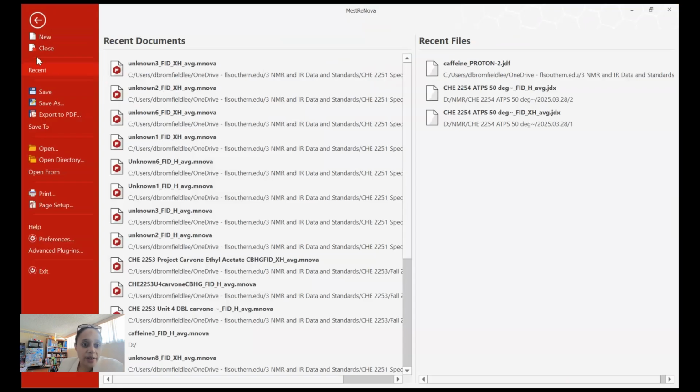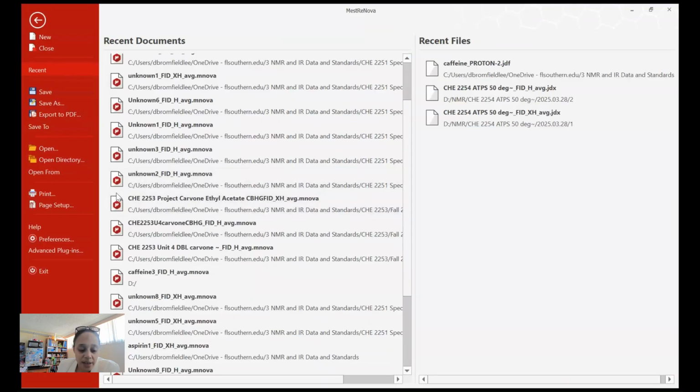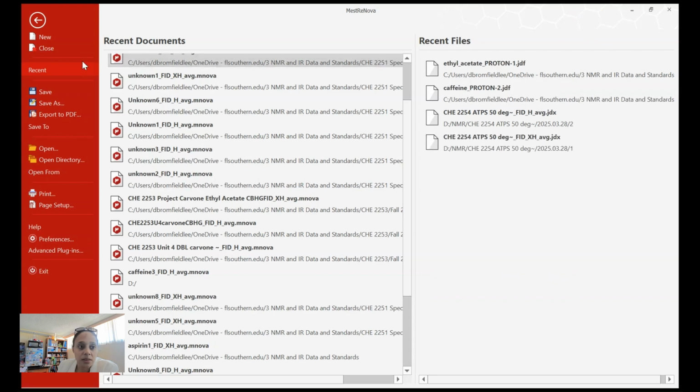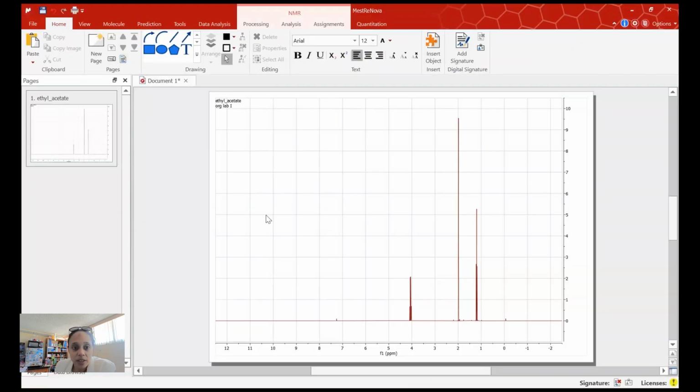So first, find the file of interest for you. So let me actually find an NMR file. I'm just gonna open ethyl acetate. Okay, so once you've opened your file,